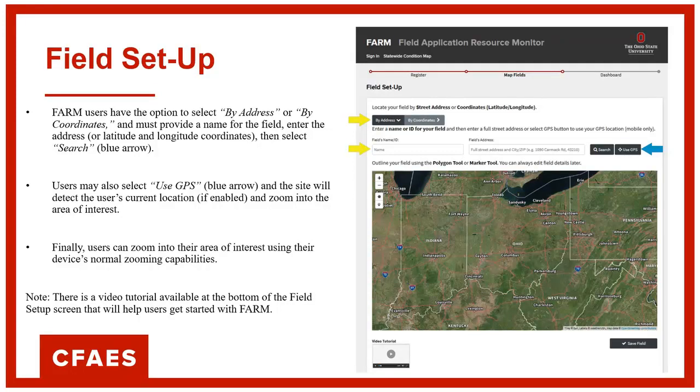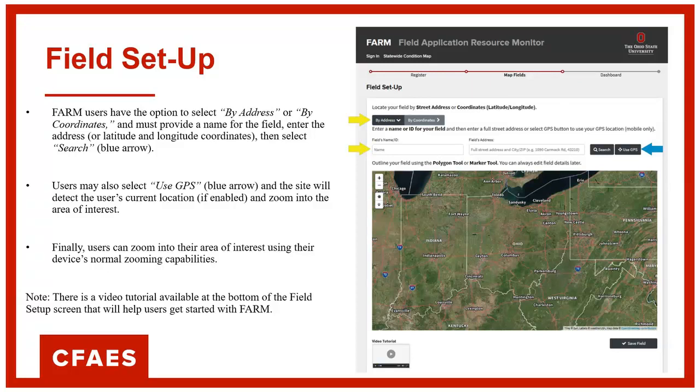Or you can just use the plus and minus zoom features here and zoom in on some area of Ohio that you're interested in. So there are lots of ways to get to the field that you're interested in, and that's what you have to do to set this up. I've seen people who have done this without any help from me, so it is totally doable.